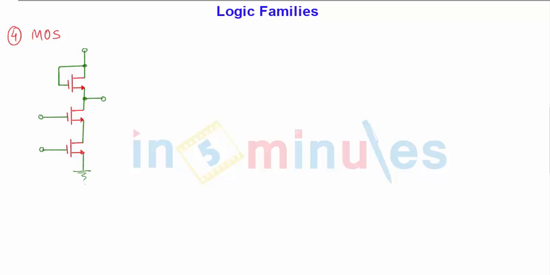We have the family which is very important. It is called a MOS family, or the metal oxide semiconductor family. An example is taken here. So there are NMOS used. This is particularly NMOS, with two inputs A and B and output Y. I have to determine what is output Y.